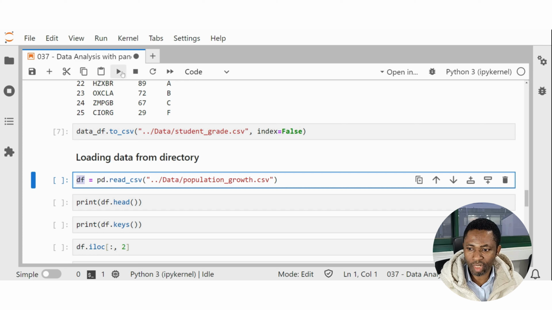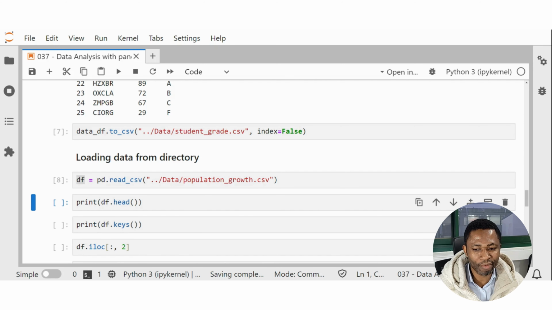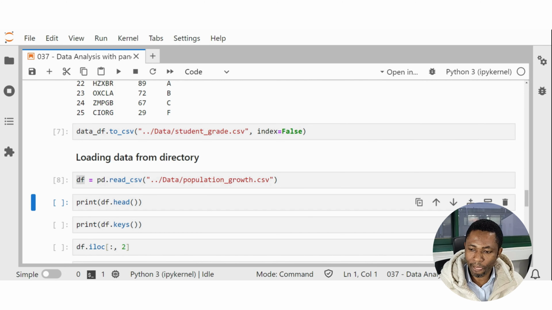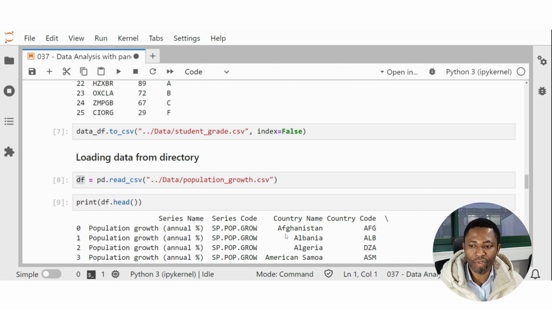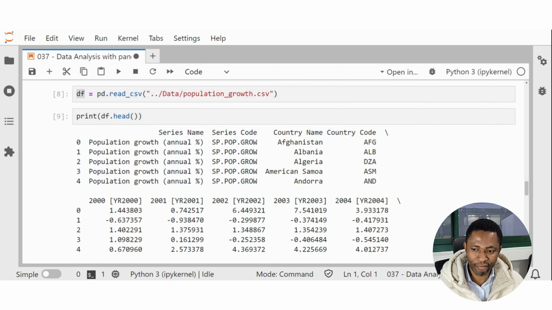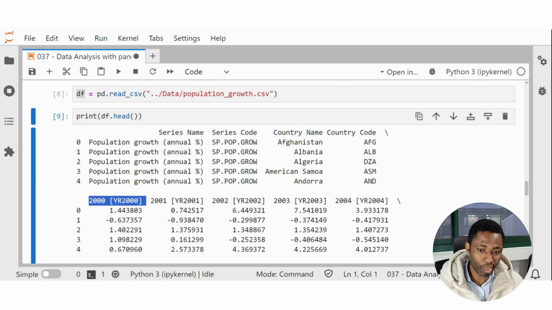If we run this cell, what do we have? We have loaded our data frame into our namespace. Next, let's see what the data looks like. So we print df.head. It gives us the first five items of that data. You can see it has what columns? Series name, series code, country code, and then the other columns of the years. This is talking about population growth of countries in the world, ranging from 2000,